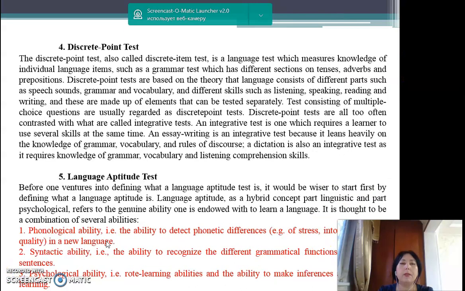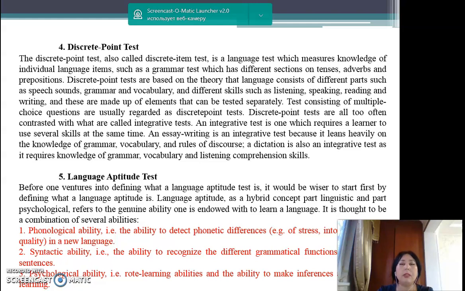The first type is the discrete point test, also called the discrete item test, which is a language test that measures knowledge of individual language items, such as a grammar test which has different sections on tenses, adverbs, and prepositions. Discrete point tests are based on the theory that language consists of different parts such as speech sounds, grammar, and